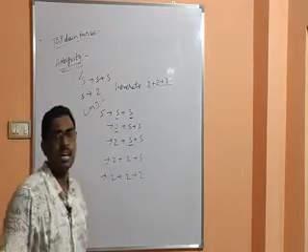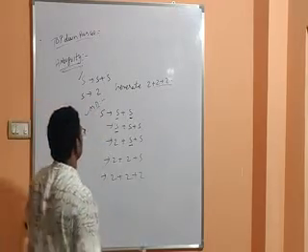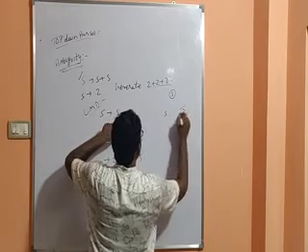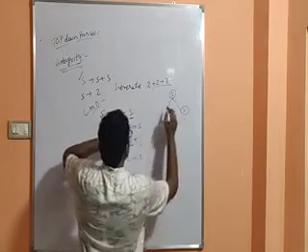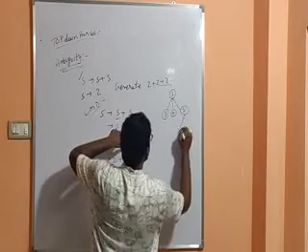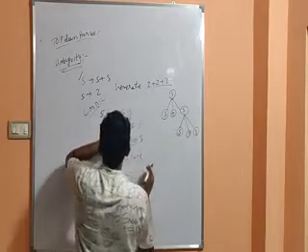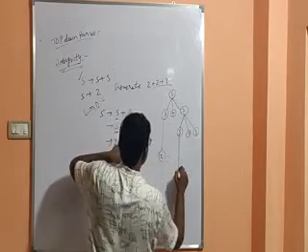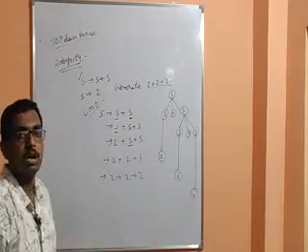So now let us construct the parse tree of this grammar. First I am taking the S variable. I have written S plus S from S. From this S I have generated S plus S. Again, I have converted this S to 2, this S to 2, and this S to 2. So this is how we got a parse tree, isn't it?